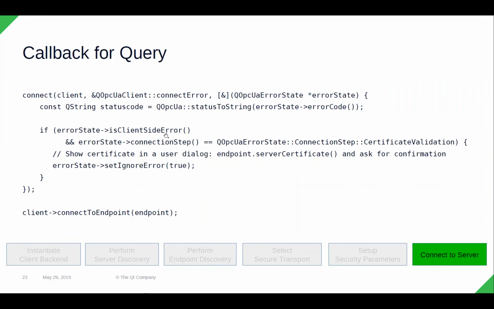And the callback for the errors is when a secure connection is established. This will be called with an error state, and this allows you to determine what actually went wrong during the connection state. So if there's some certificate error, or if the certificate is not trusted,